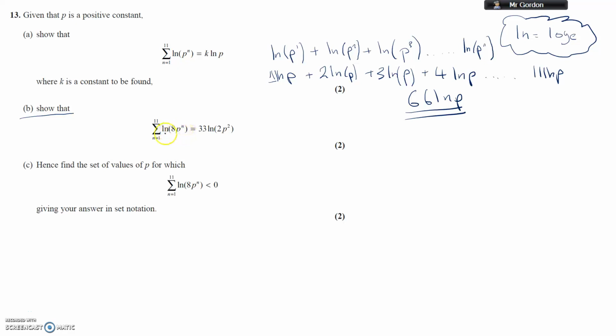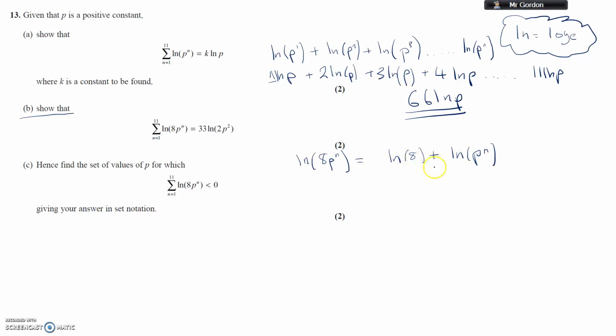Okay, so let's think about this as a log term. I'll write it down here. If we had ln 8p to the n, where does that come from? In relation to our first one, p to the n, we've got the answer to p to the n, so it'd be useful to separate that from the 8. So we can have a look at that. We know that the rule for if you've multiplied something together, that comes from 2 log terms being added together. So if we think about it like this,